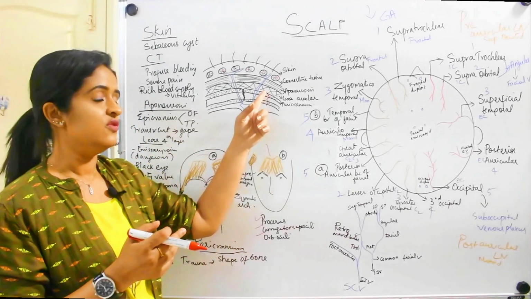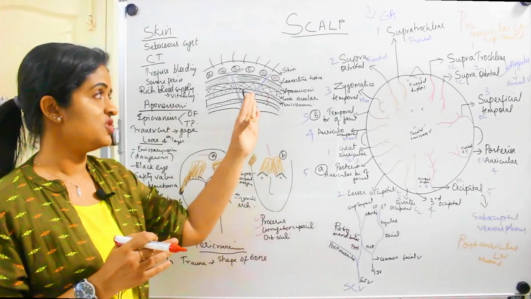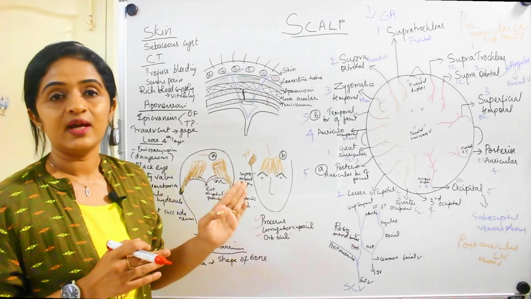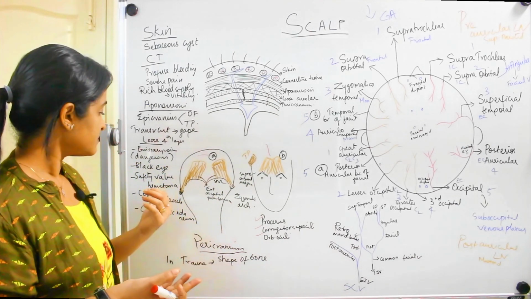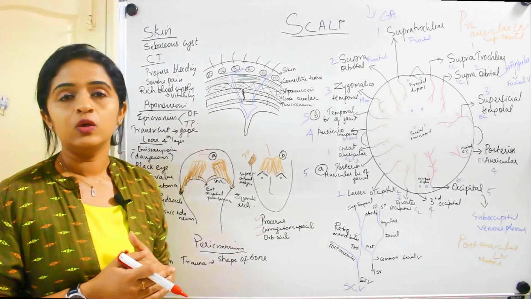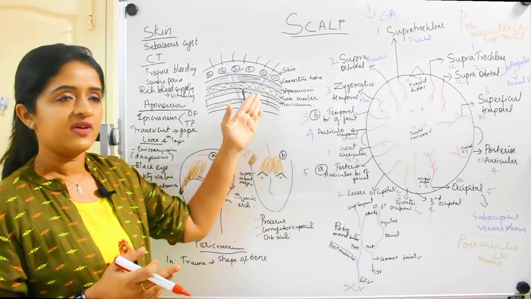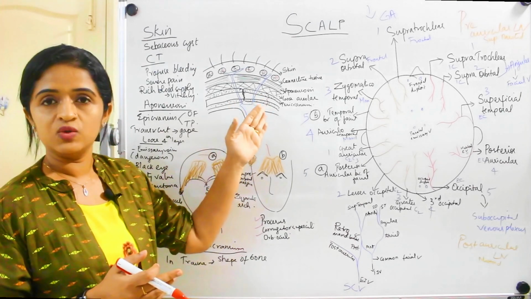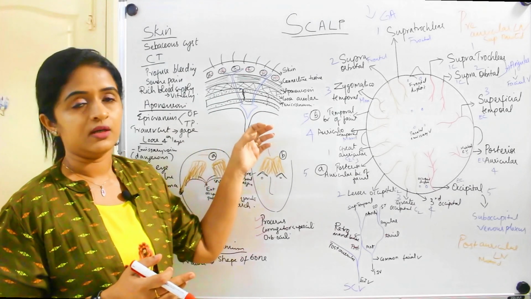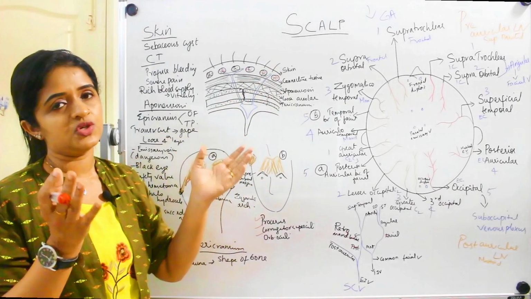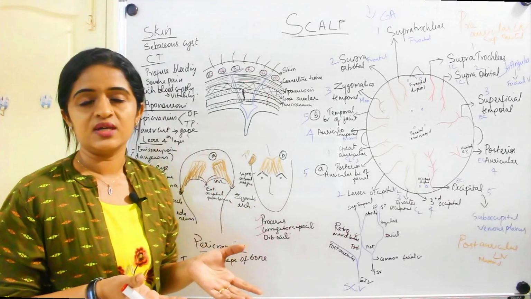That is why if you get a fracture, that condition is known as safety valve hematoma. This acts like a valve to ooze the blood out. Now another thing is cephalohydrocele. If you get a fracture, along with that if you get the dural tear as well, what will happen? The CSF from the subarachnoid space will ooze out, and the collection of fluid, collection of CSF, you call it